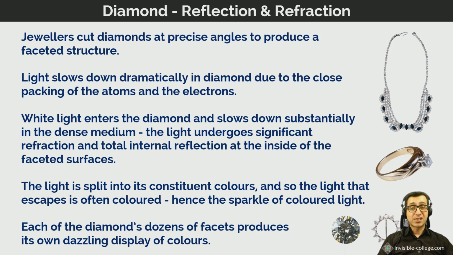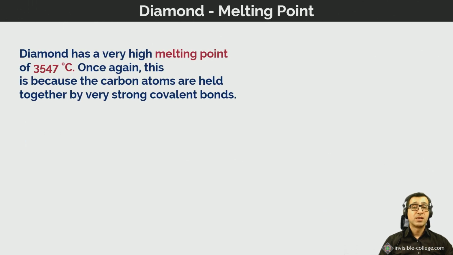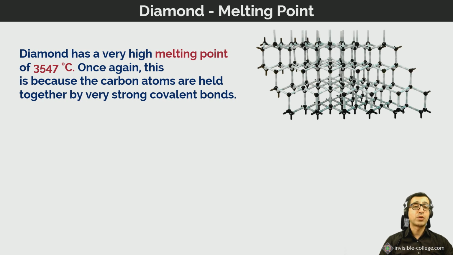So diamond, as you might expect, with all of that enormous amount of force holding it together with all of those strong covalent chemical bonds, has a very, very high melting point of about 3,547 degrees centigrade. And again, this is because the carbons are held together by very, very strong covalent bonds. The atoms are not free to vibrate fast enough to break away from the neighbouring carbon atoms until you reach